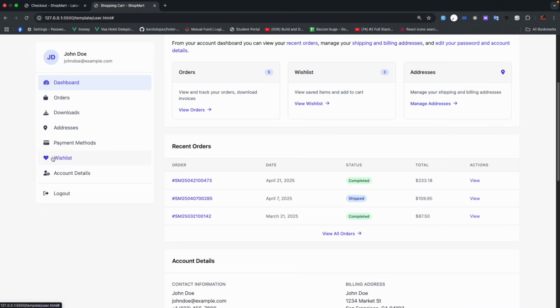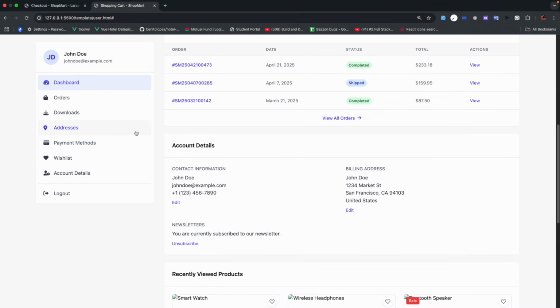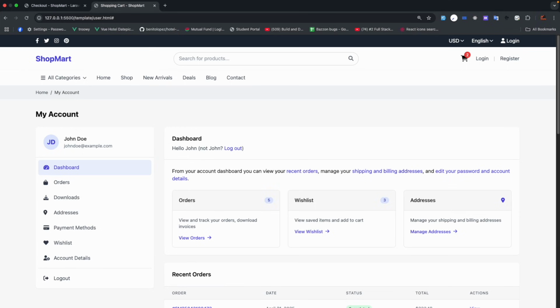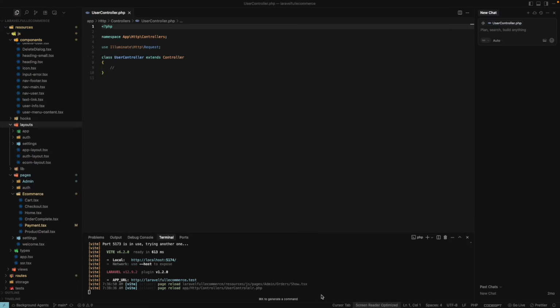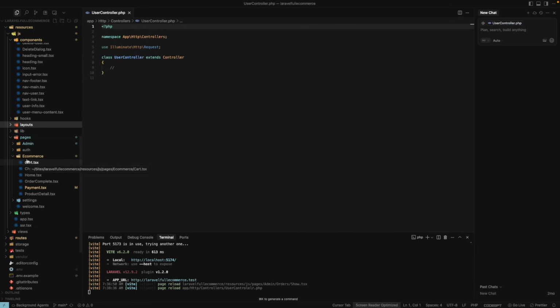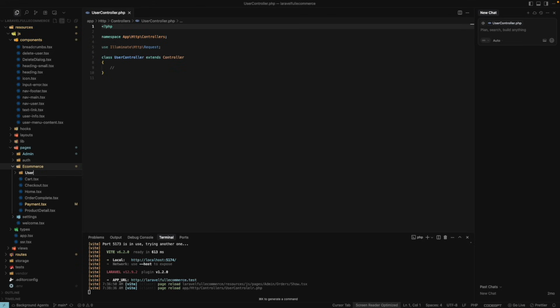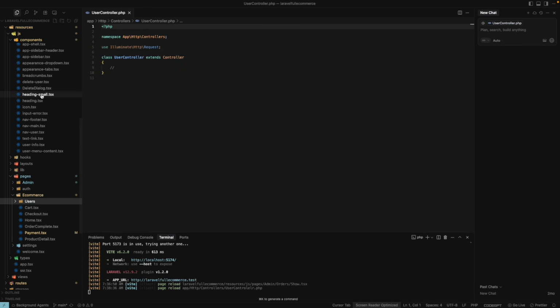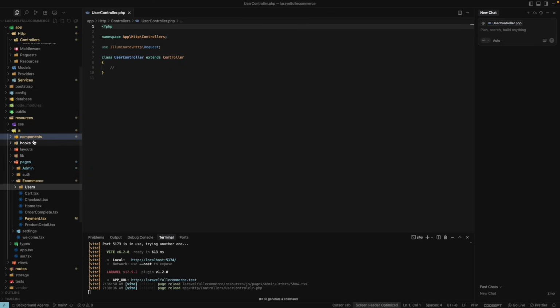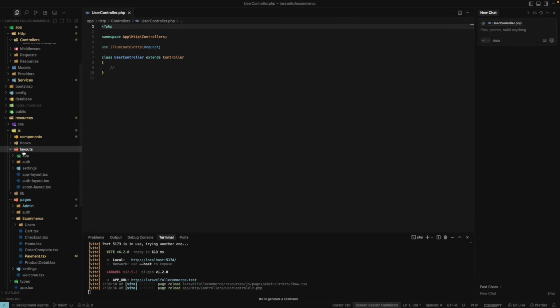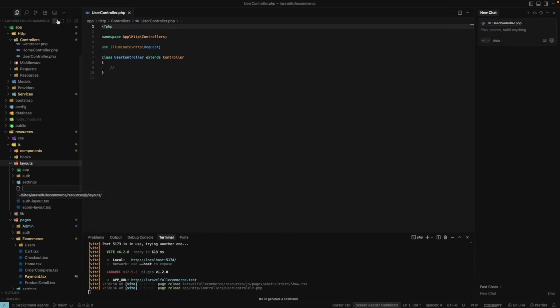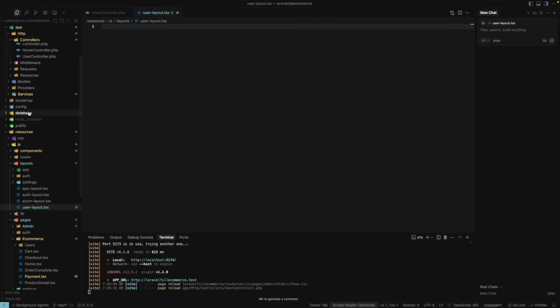Let's create this dashboard for the user and make it dynamic, all those things, right? So first of all, let's create one folder, users, under this e-commerce, and one more thing, we have to create a layout and user layout.tsx. Okay, and